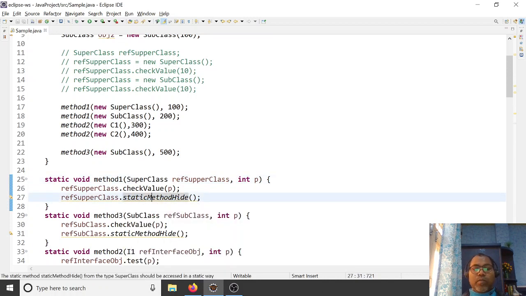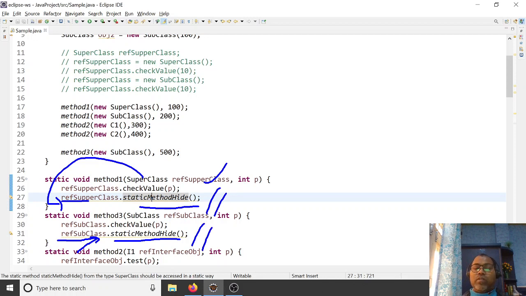So generally, I always recommend you don't invoke any static method with the help of a reference. Instead, directly use your class name, so it's clear you are invoking a class method. This is generally not a recommended way to invoke. So always try to write your static method call with its class name, so it's clear which method is being invoked. But in the case of an instance method, you cannot write it from the class name, so which object you are passing depends upon the object implementation, and that method definition is going to be invoked.